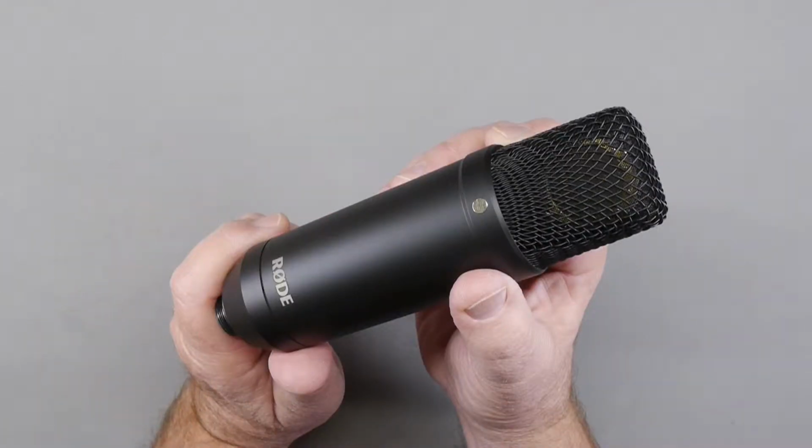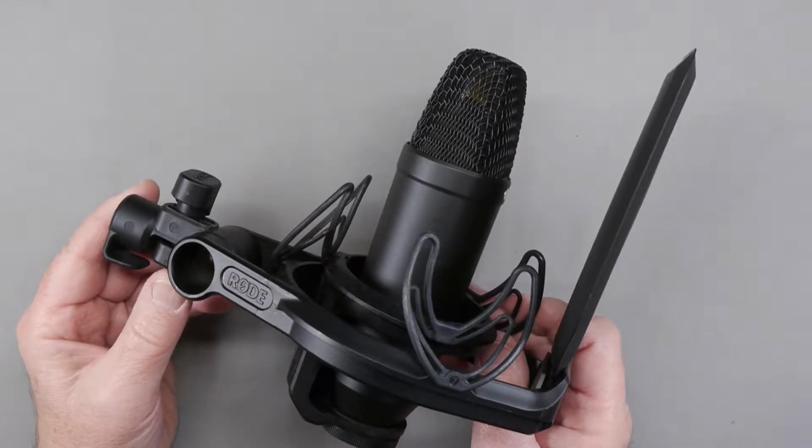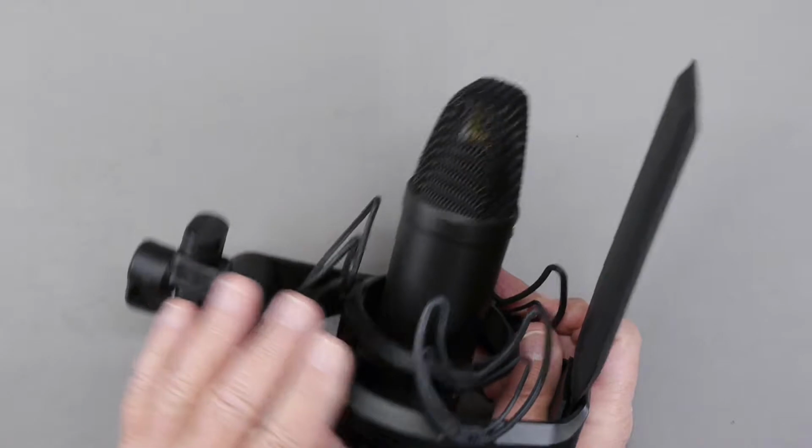This is the new RØDE NT1 cardioid large diaphragm condenser microphone. It's a side address microphone, and it is entirely built in RØDE's factory in Australia, and it was first released in 2013. I call it the new NT1 to distinguish it from the original NT1, which has been around as long as RØDE has. This microphone is typically sold as the NT1 kit, which includes the shock mount and the